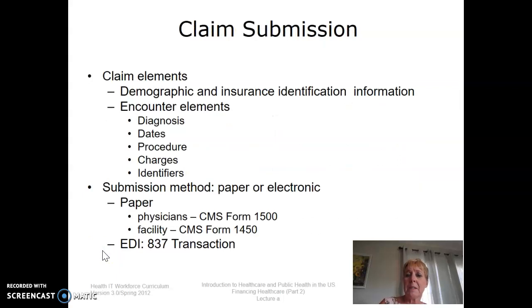Claim submissions. When that claim goes in, you have the demographic and insurance information. The encounter element